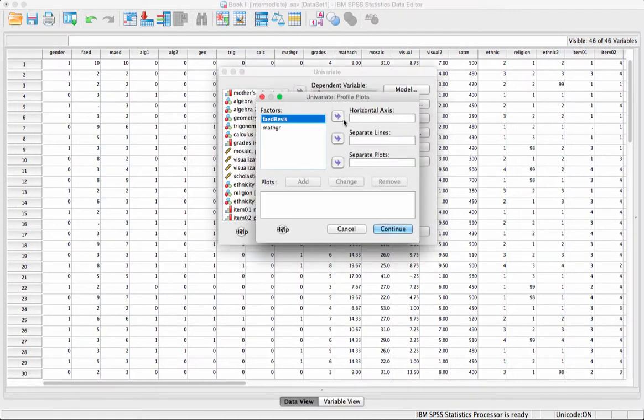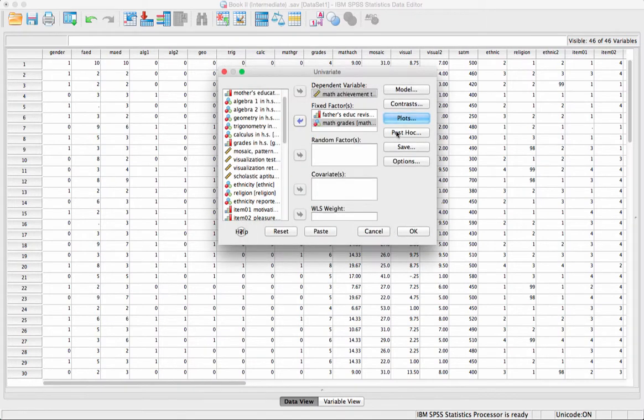For plots, to make it more interpretable, I think it's best to put father's education revised on the horizontal axis and have math grades on separate lines, because there's only two categories of math grades. And then we can add